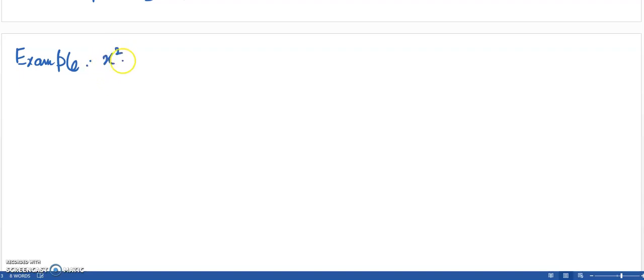x square y double prime minus x y prime plus y is equal to log of x. Well, this equation is an Euler-Cauchy equation, non-homogeneous equation. We can apply the variation of parameters method over here as well. However, in this variation of parameters method, the integration will be a little bit complicated, which can be done, but there is another simpler method, and that method uses some